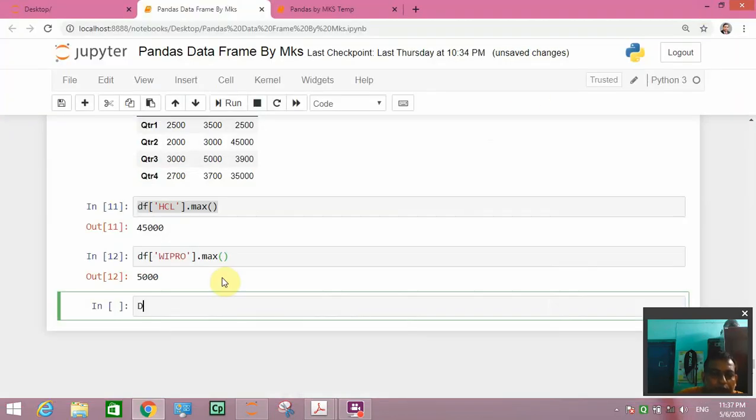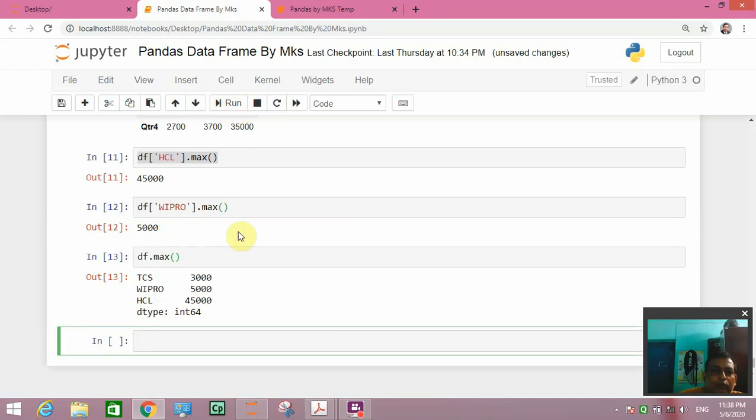So see, it is giving the maximum in all the columns.